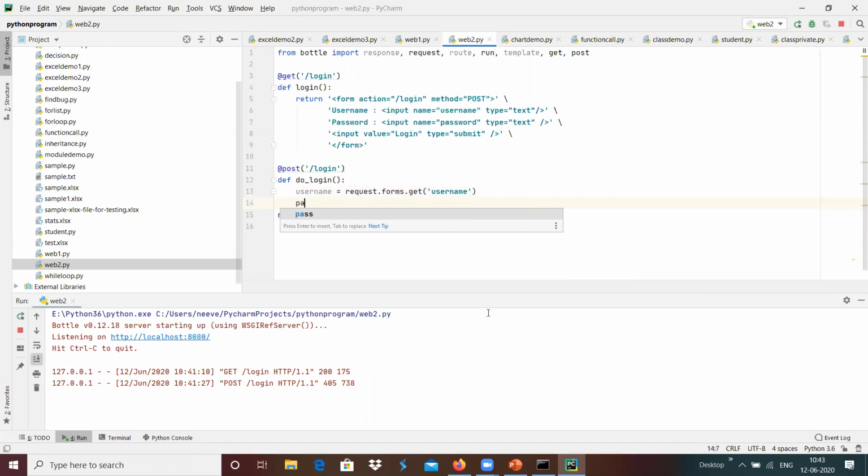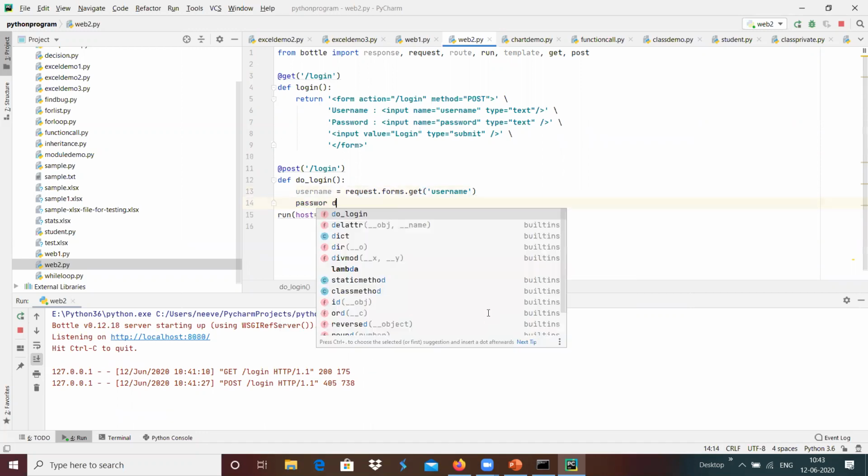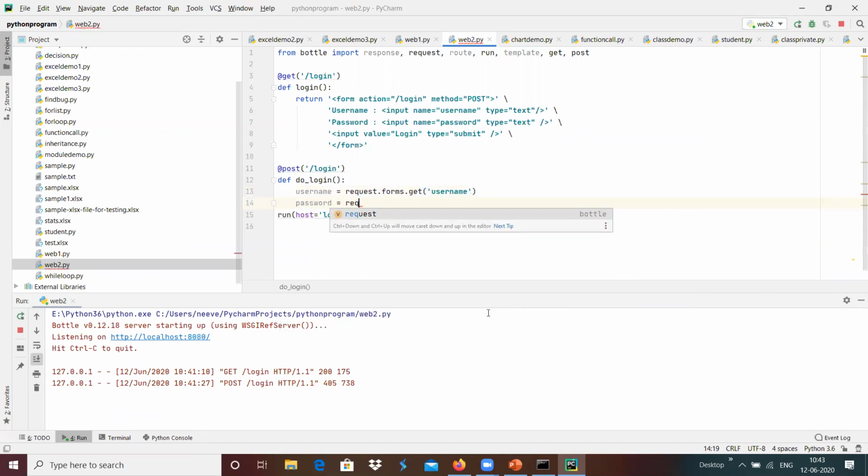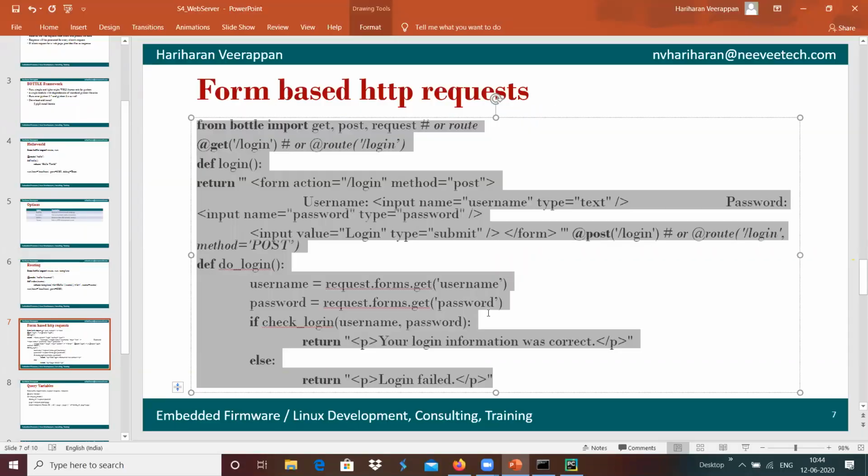In a similar way, password equals request.forms.get of password over here.